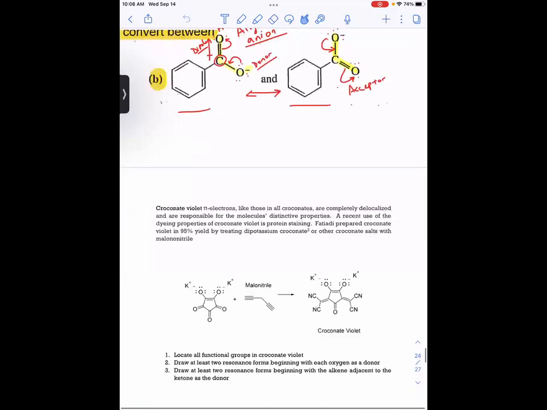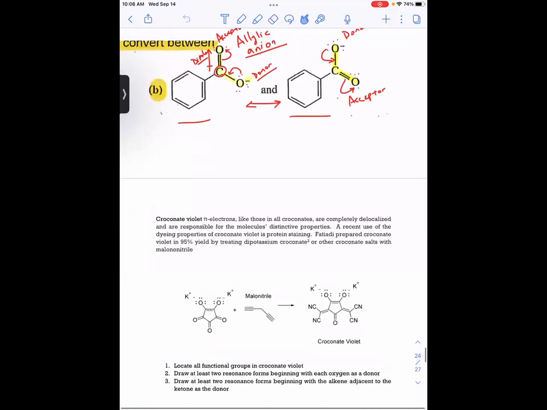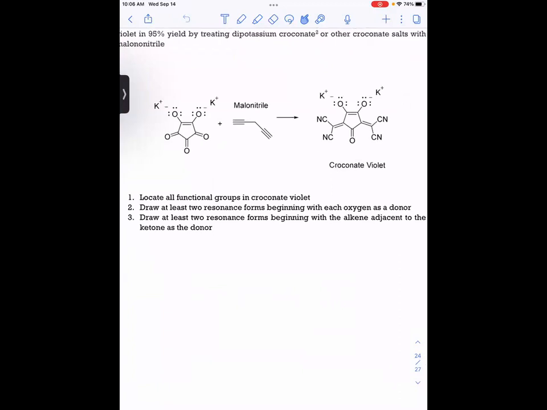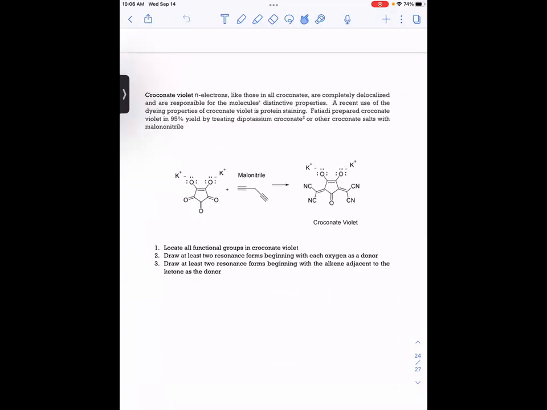All right. So I sent this to you, and I uploaded it to Blackboard as well. I was looking through the ACS Publications website, and they had this molecule of the week, or molecule of the month, one of them. But anyway, this croconate violet,